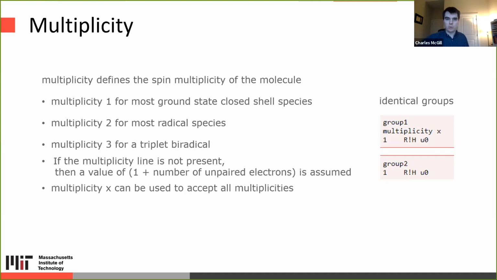Multiplicity 2 is for when you have a single radical species. You have one unpaired electron in the molecule. And multiplicity 3 is for a biradical, where you have two unassociated radicals in the molecule. If your multiplicity is not specified, then RMG will default to assuming the multiplicity is 1 plus the number of unpaired electrons.